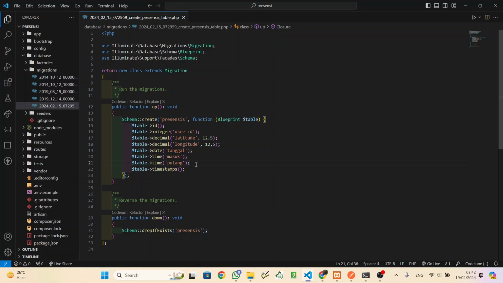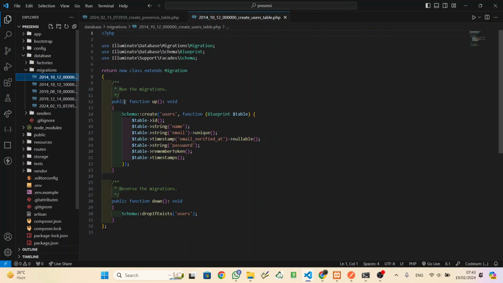The migration is just default like this, and then add these things: user ID, and so on until pulang. For user ID, I do not make a relation here with the user table. I think it's the fast way, or I don't know, it's new for me.